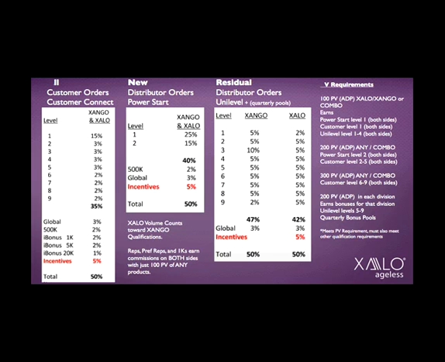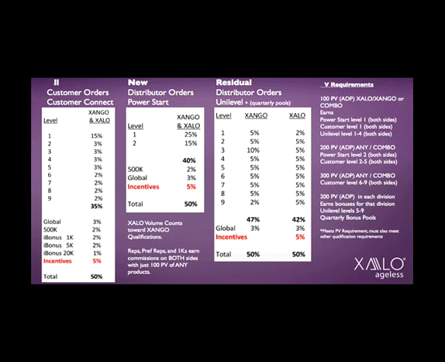Now, we actually have the ability to earn multiple streams of income. And if you were a new person I'm giving this presentation to, I would say, we're not going to worry about that right now. We're going to focus the next 30 days on whatever it is, it might be MB30 limitless, it might be ageless, whatever it is I brought you in for, the money. We're going to focus on that for the next 30 days. But we can actually create multiple streams of income because XANGO, the company behind XALO, has an entire catalog full of phenomenal life-changing products.